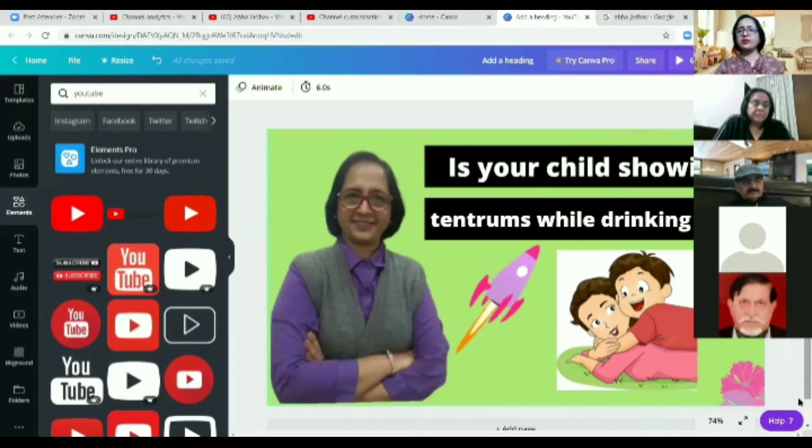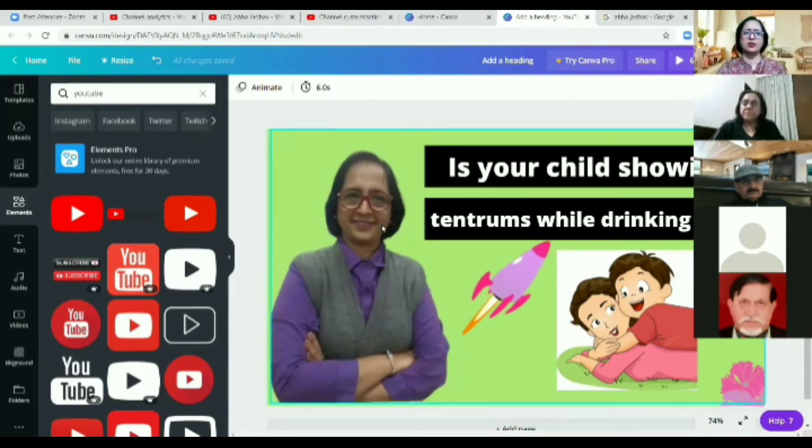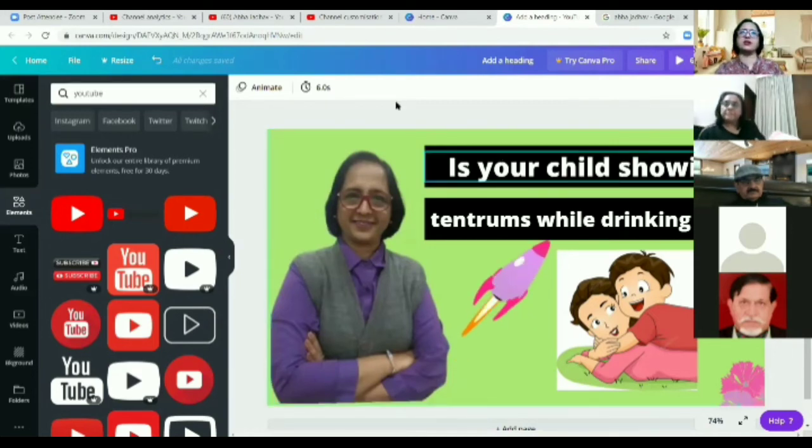If you want the paid version, you can convert your Canva account into the paid version and then use it. But I think in the free version also, there are a lot of things to explore. So I don't suggest that you unnecessarily go for the paid version. But my point is, free में भी काफी सारा कुछ आपको मिल जाता है, तो आपको जरूरत ही नहीं है कि आप paid version में जाएं.